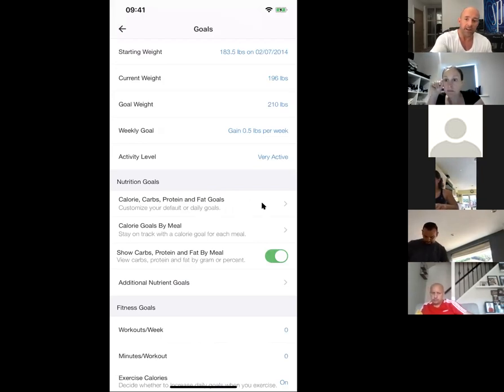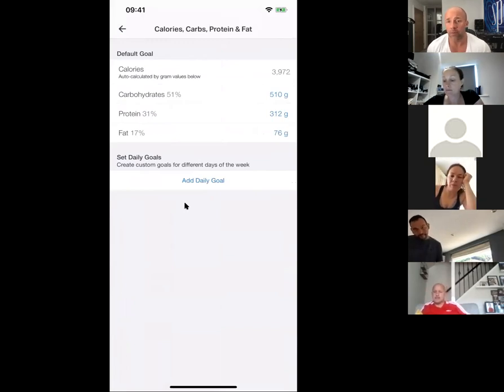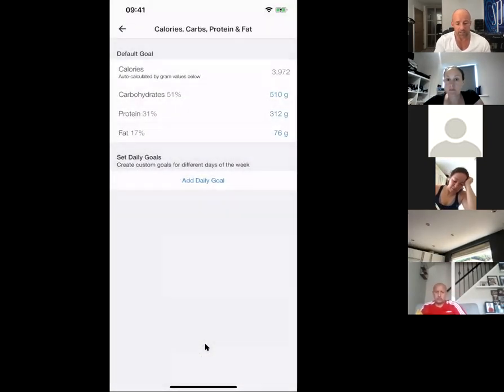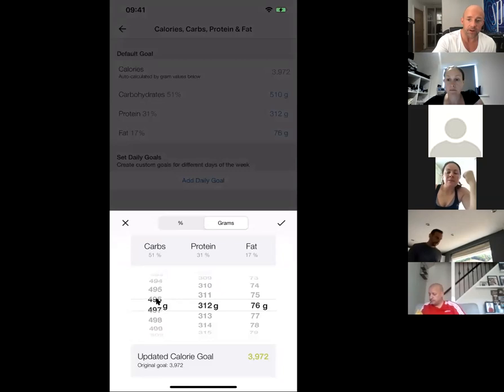So we're going to hit this button here, which is calories, carbs, proteins, and fats, and you will see all those options there. The only difference with the premium is it allows me to change this in grams. So if we click on carbohydrates to adjust them, we've got these here. This is what's in your document that's in the hub under files. So if I've asked you to be on